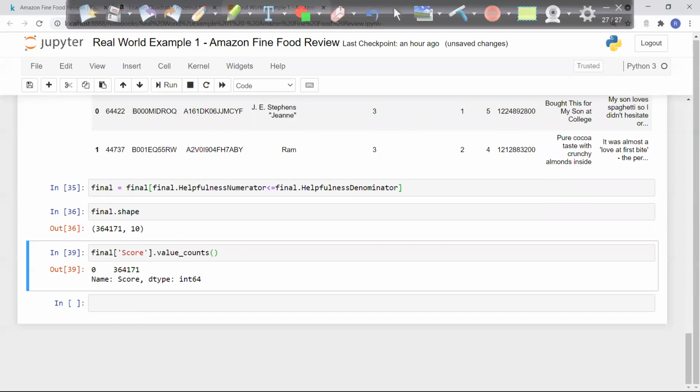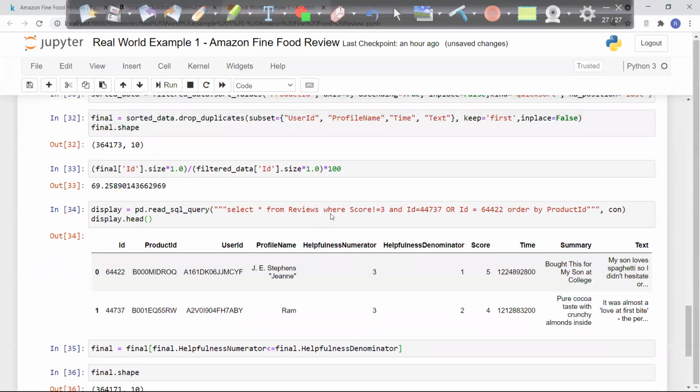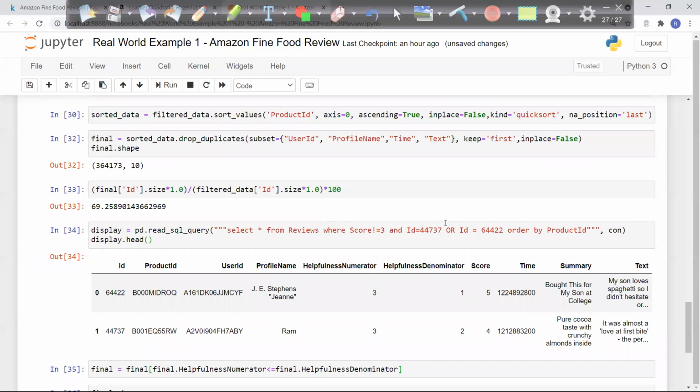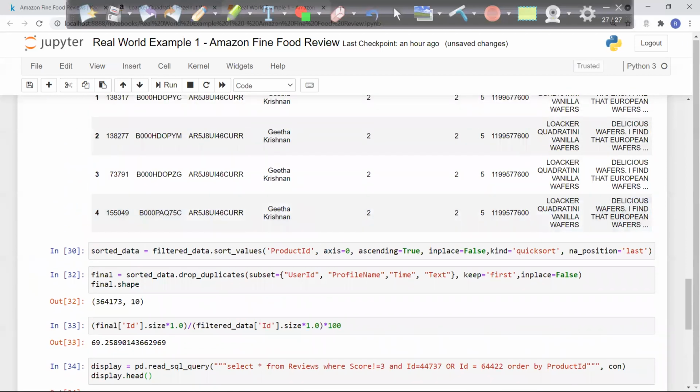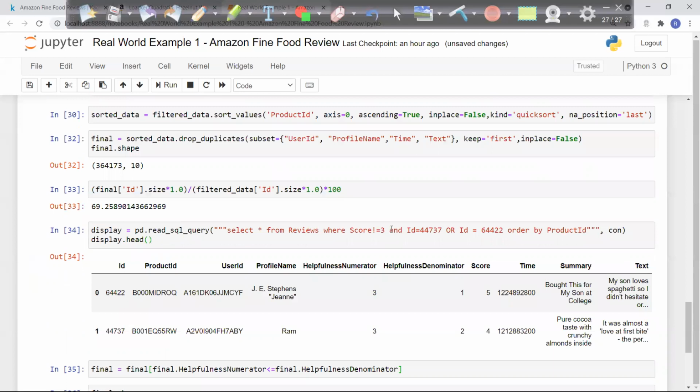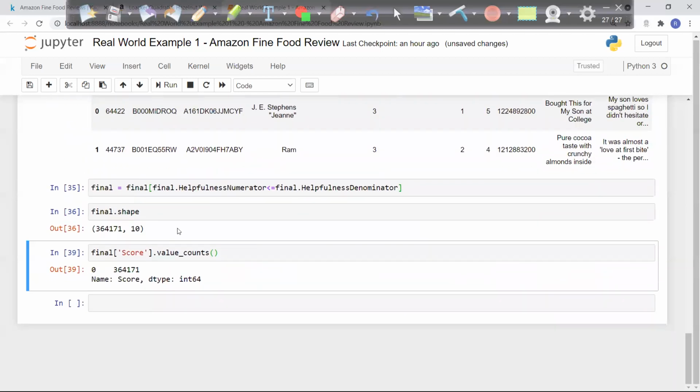Whatever unnecessary content I had, I have removed it. This is the basic thing you have to do. We have not yet started the problem solving; we just prepared the data. There is obviously some issue coming in here, and I'll check that, but these are the different steps you have to perform while dealing with a data set.